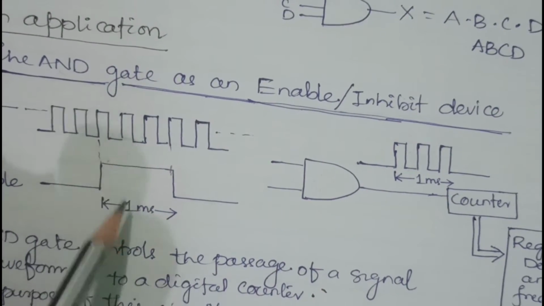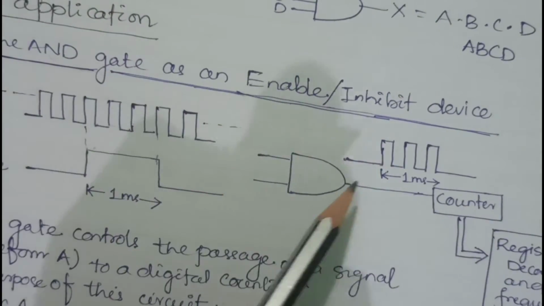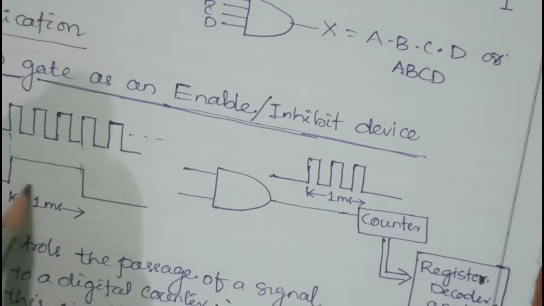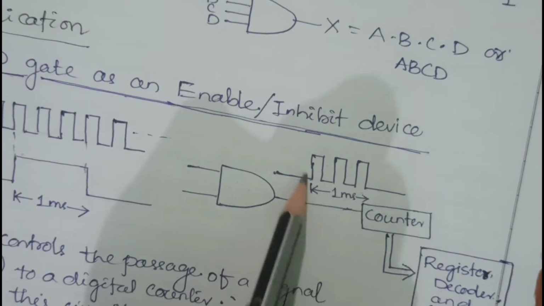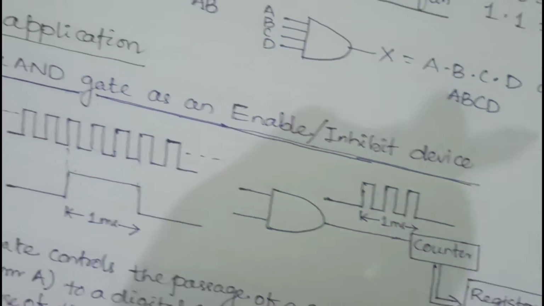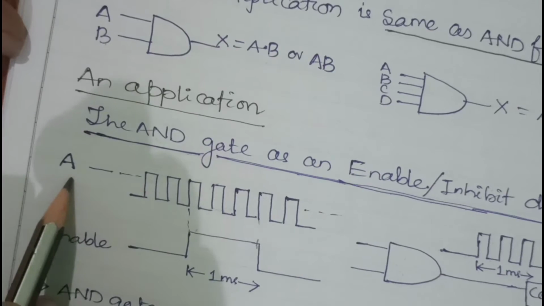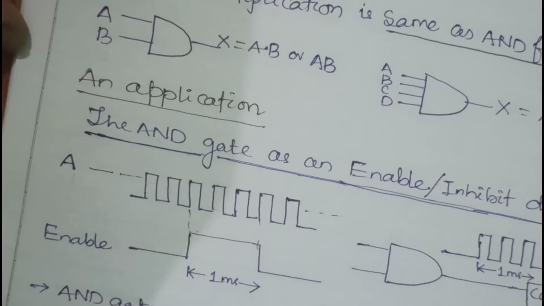Okay. So by applying these two signals to the AND gate, we are going to count the number of pulses. You see here, in this time period only this number of pulses crossed. Then we take 1 upon that time period, and we get the frequency. Suppose in the next pulses, some pulses are coming that have very small width.